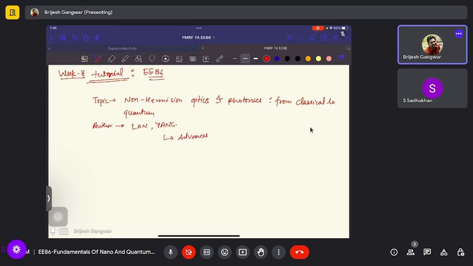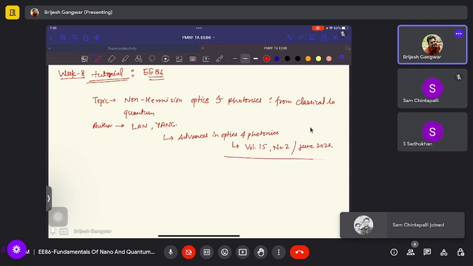Advances in Optics and Photonics, volume 15, number 2, published in June 2023. Okay, so this is the paper. This is around a 100-page paper only. Very long paper, but